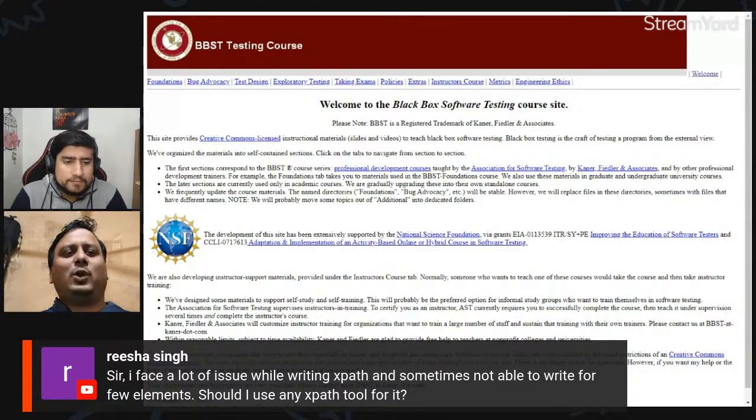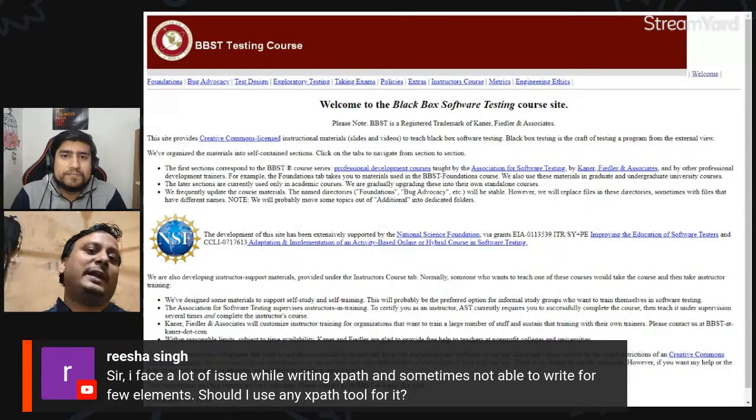I would say don't use it initially, unless you become an expert in writing XPath. Once you become an expert, you can use this tool and then enhance whatever you are getting from the tools. You may not be getting the correct XPath or the intended XPath. See, everything would be difficult in the beginning. The question is that I'm not able to write that, so I am answering.